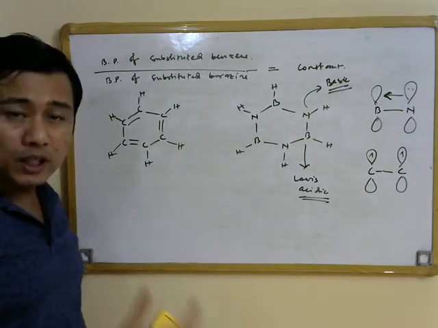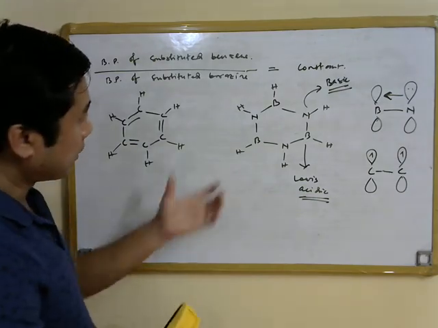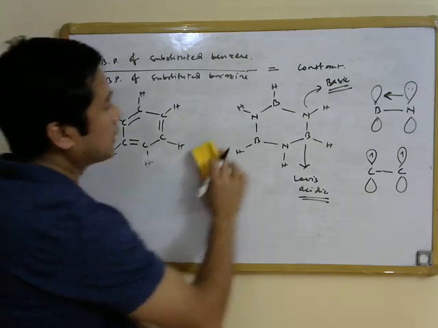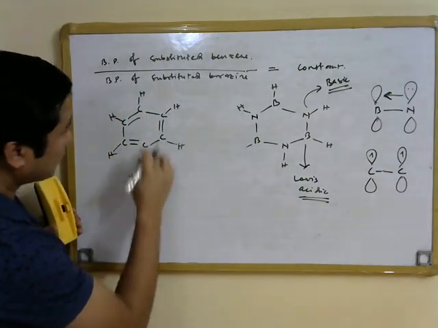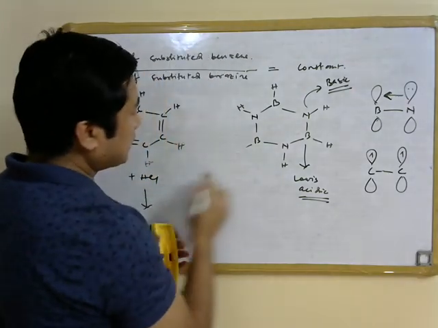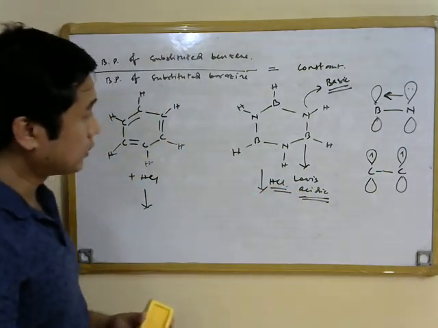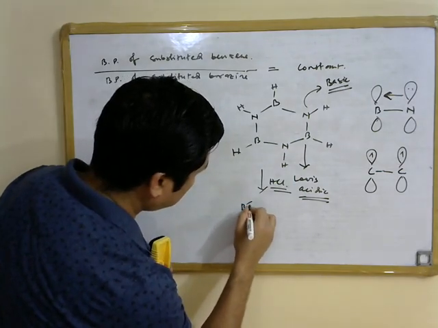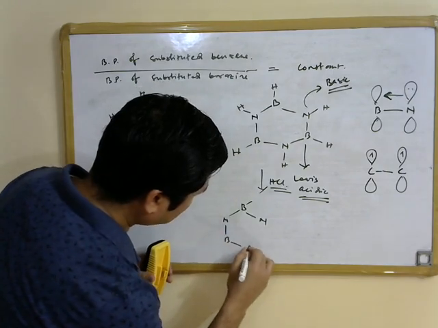While benzene does not undergo addition reactions, Borazine does undergo addition reactions. What we will see is that if we do a reaction with, for example, HCl, there will be no reaction with benzene. But if we do the reaction of Borazine with HCl, an addition reaction is going to take place. That is, we will obtain a product